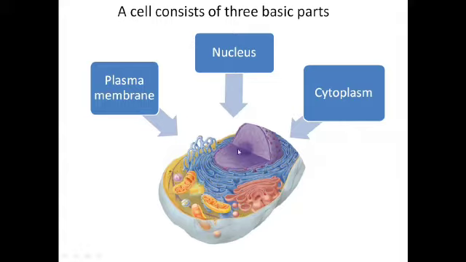The nucleus is present inside the cell and stores the genetic information of the cell in the form of DNA and genes. And the cytoplasm is the semi-fluid substance which is present between the nucleus and the plasma membrane. Here we can see the cytoplasm, the nucleus, and the plasma membrane. And you can notice that the cytoplasm contains cell organelles, which are destined to perform a specific function.